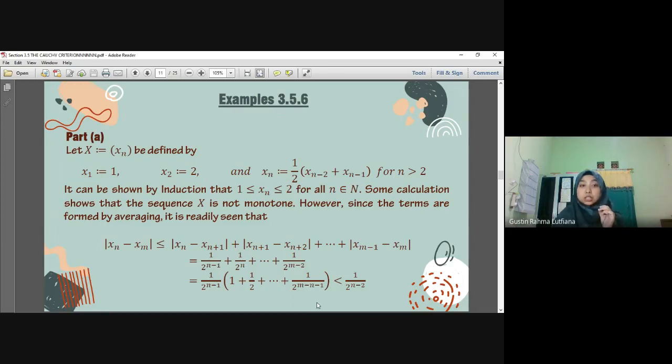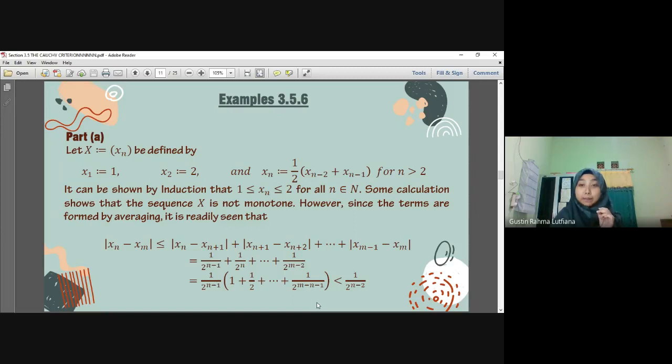Some calculations show that the sequence x is not monotone. However, since the terms are formed by averaging, it is readily seen that |xn - xm| is less than or equal to |xn - xn+1| + |xn+1 - xn+2| + ... + |xm-1 - xm|,